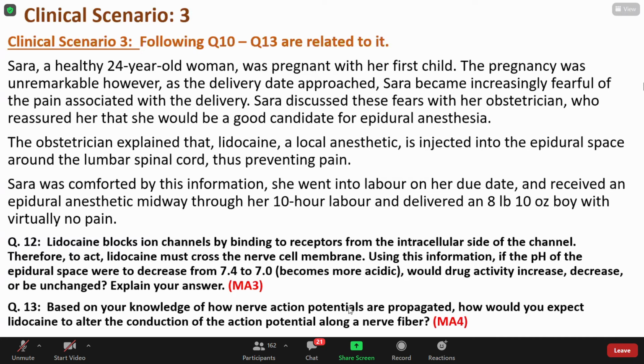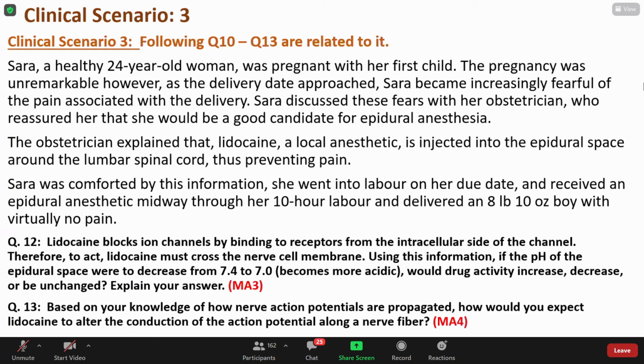Okay. Thank you, doctor. Question number 13. Anyone from MA4, please? Hello, doctor. Assalamu alaikum, doctor. Walaikum salam. What's your name? Gibran. Gibran, please. Question number 13. So the question is, based on your knowledge of how action potentials are propagated, how would you expect lidocaine to interfere with the conduction of the action potential along the nerve